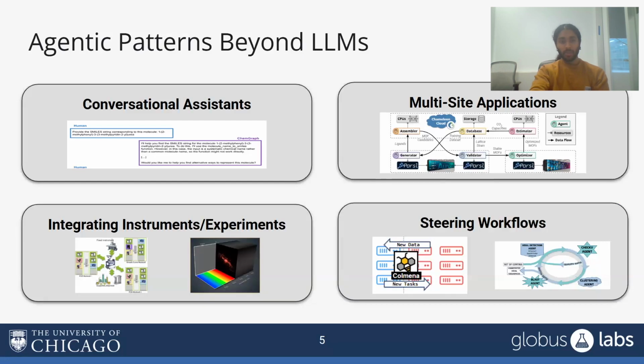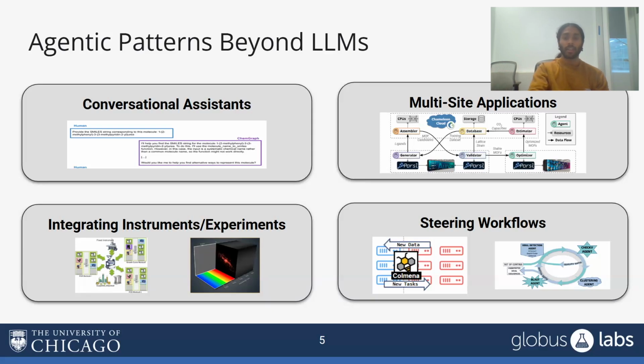So why do we really think that we need new solutions for science? It's because we're trying to build agentic applications that go beyond multi-agent conversations with LLMs, right? So we do have this category of conversational assistants where we want to build a tool that you can ask, what is this chemical property? And your agent knows how to go run a simulation. But we will also want to do things like build multi-site applications where you can deploy an agent on your